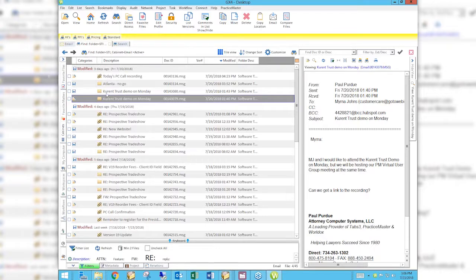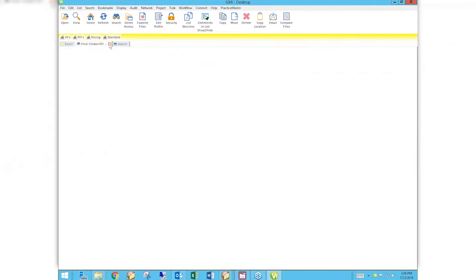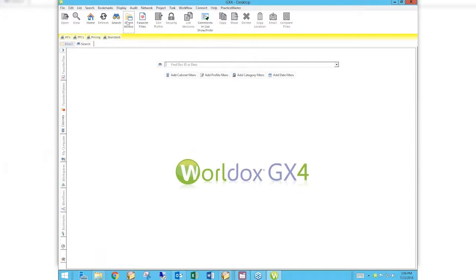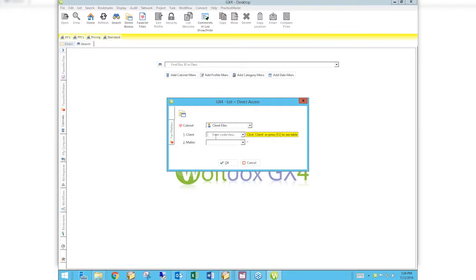and matters. Awesome. So what I'm going to talk about today is how to access clients and find clients through direct access. There are lots and lots of different ways that we can look for documents and search for a particular client or matter, but today I'm going to focus on direct access. So up here is the little direct access button. When we click on that,